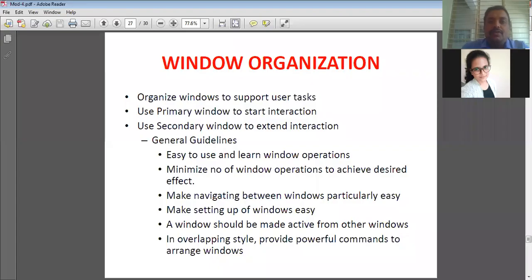Yeah, good morning all. So last class we discussed Windows, different types and styles, and what the components of the window could be. So all these things we have discussed, and what type of window to be selected in what cases. That's what we discussed in the last class. Okay, any doubts with respect to the last class?